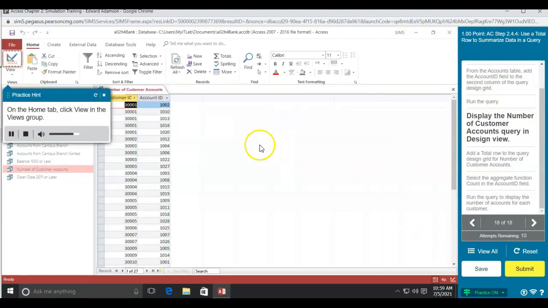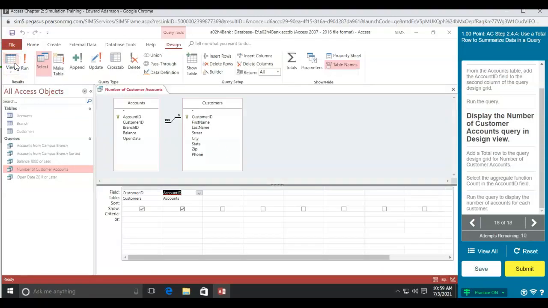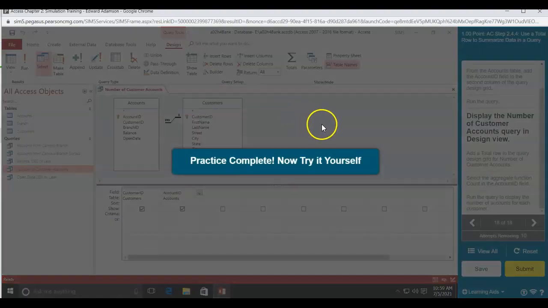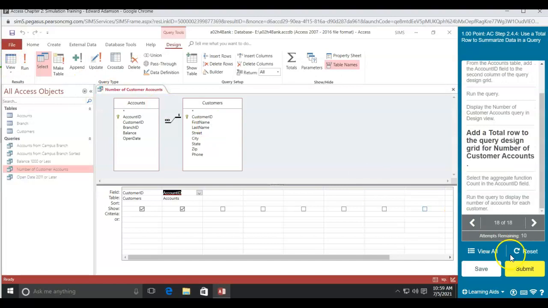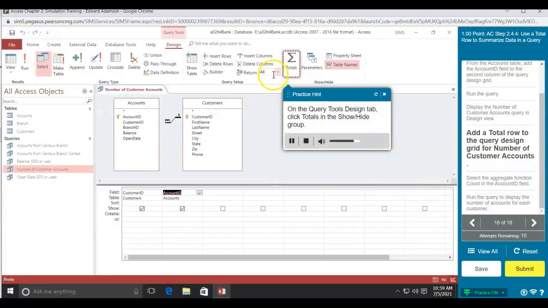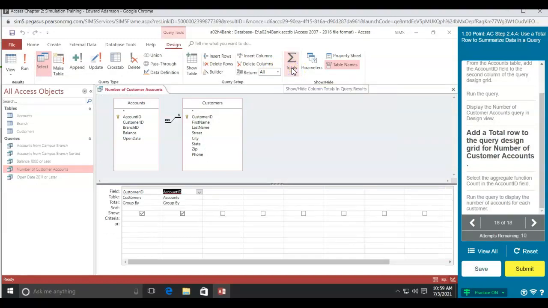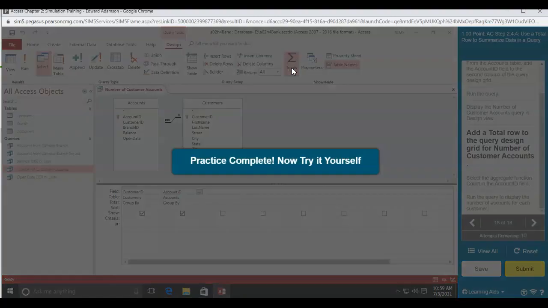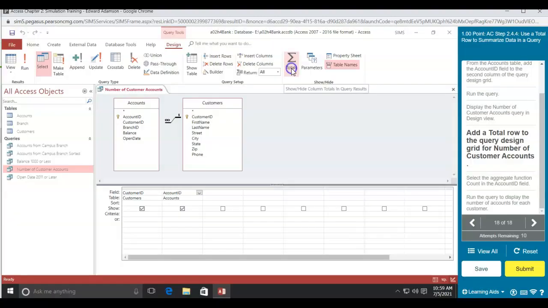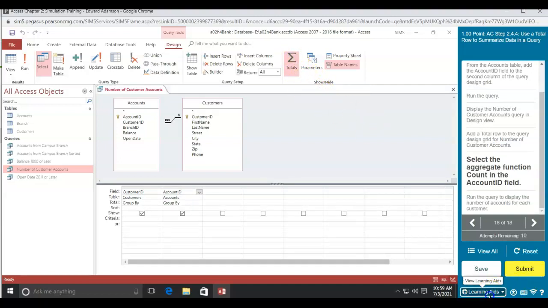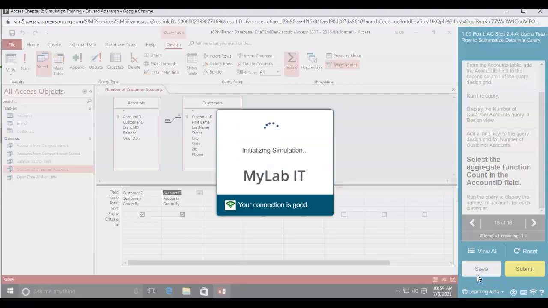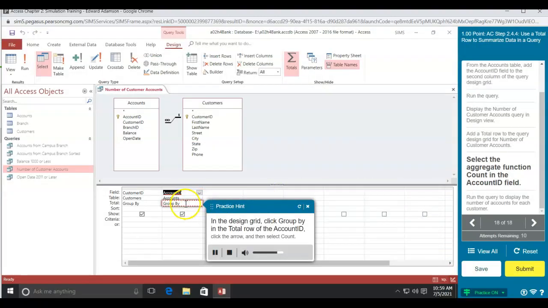On the Home tab, click View in the Views group. On the Query Tools Design tab, click Totals in the Show group. In the Design grid, click